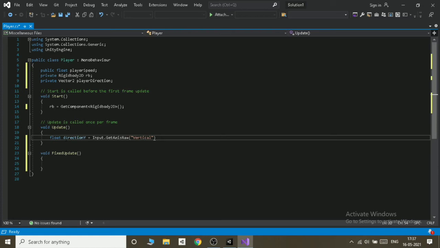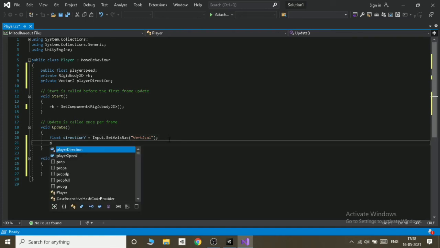The vertical indicates that the player moves only up and down, not right and left. So we have finished this much code and we will close it and click enter.